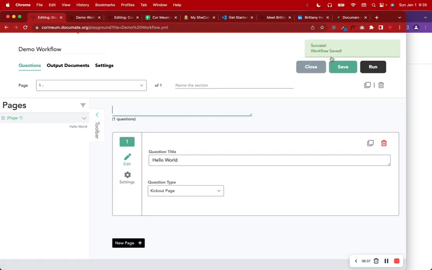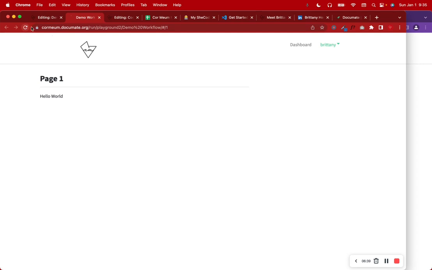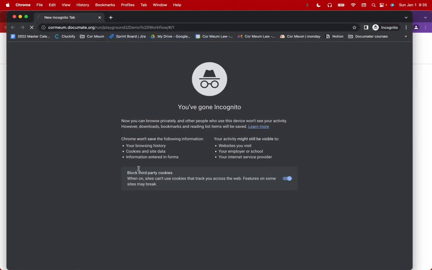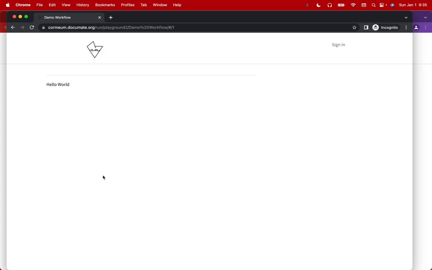And let's see what we'd want to do here with this part. Now it just says hello world like this, and it's branded, and I have a link that I can then share with someone else, let's say in a new incognito window. So when anyone goes to this link, they see hello world. Obviously you can clean this up and change the CSS and take off the header and all that stuff,